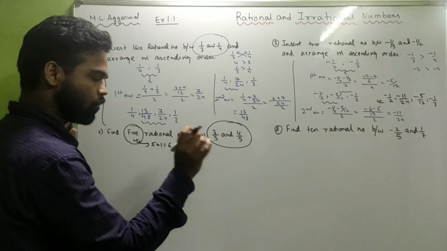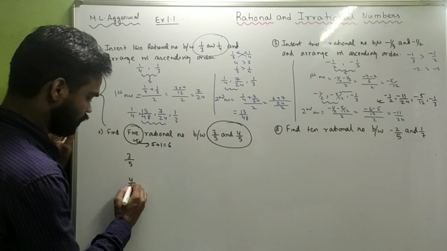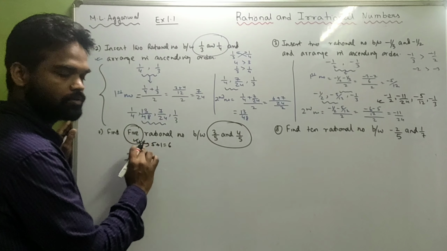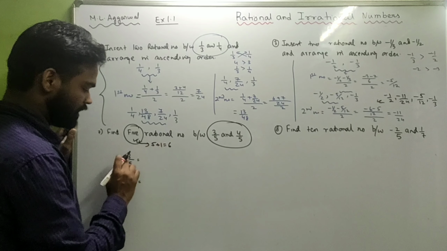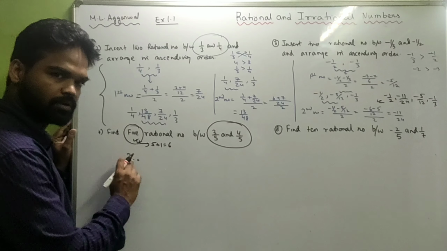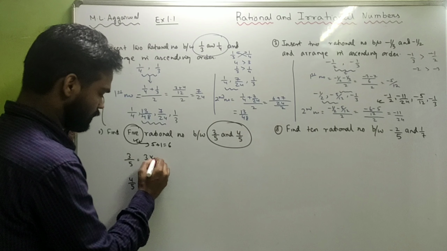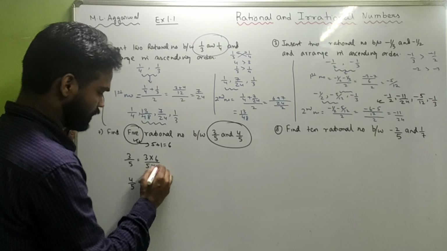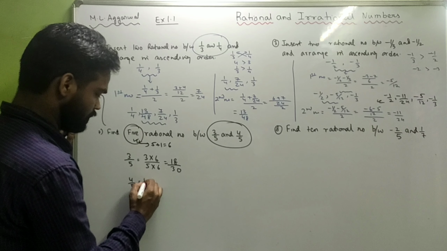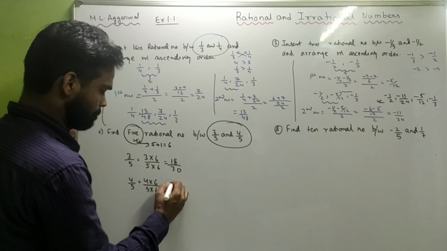Over here it was the same. What we'll do, look carefully, 3 by 5 and 4 by 5. They said insert 5 numbers. So 5 plus 1 is 6. You multiply the numerator and denominator, of both the rational numbers, with 6. So 3 multiplied by 6, 5 multiplied by 6 becomes 18 by 30. Similarly, 4 multiplied by 6 and 5 multiplied by 6 becomes